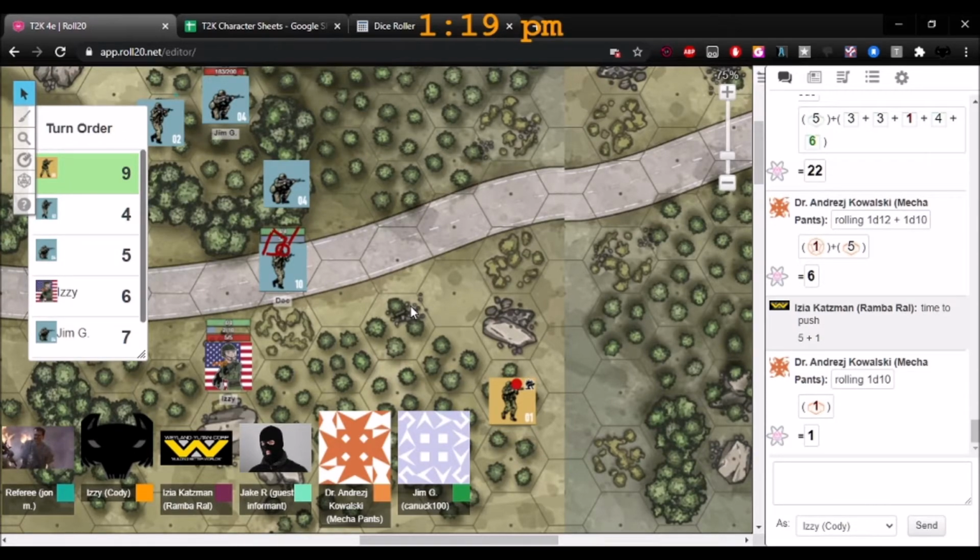I have to do it this way. I'm going to go to the referee manual. Okay. So this is your average marauder.